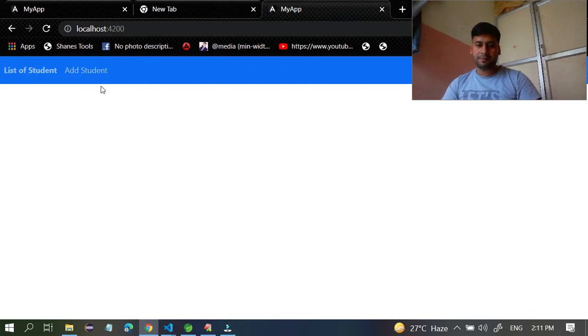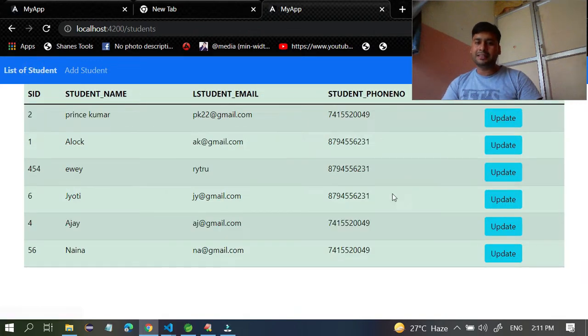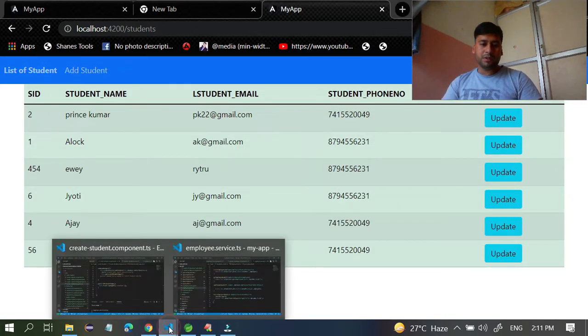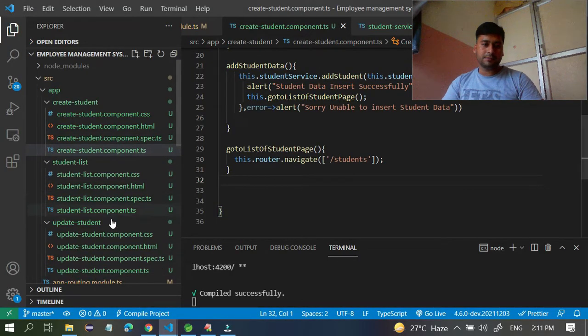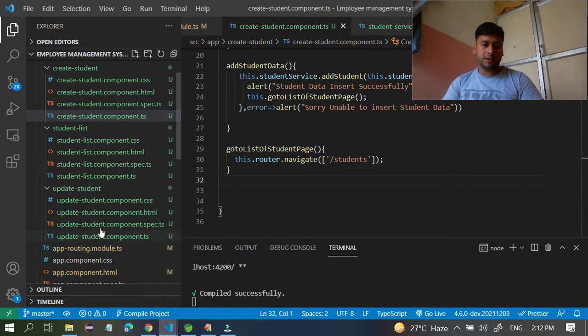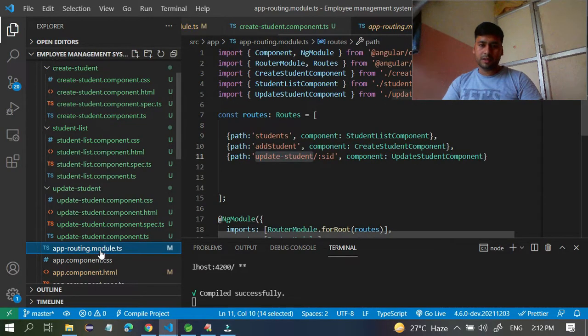If you go to this base URL only, and if you hit enter, you can see this data only. I don't want it like that. I want, if you hit this one, to display this page by default. So for this I am going to configure one more path. How can you do it? Go to app.routing.module, or here